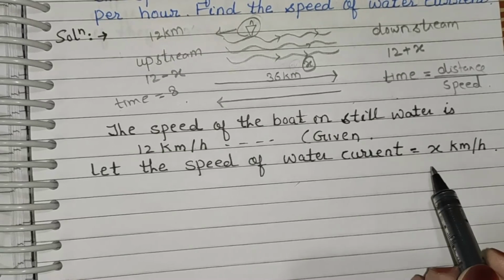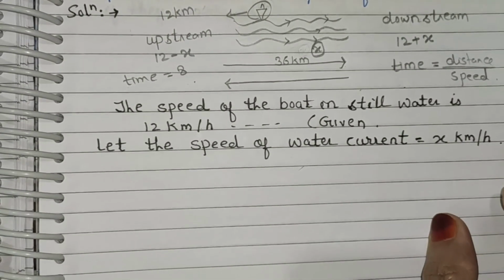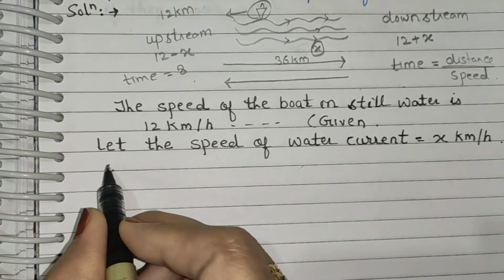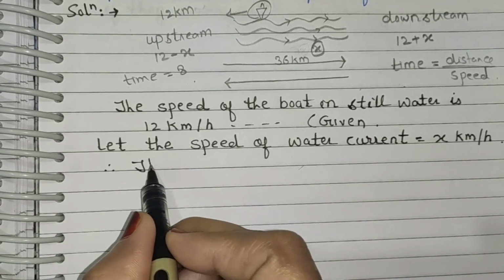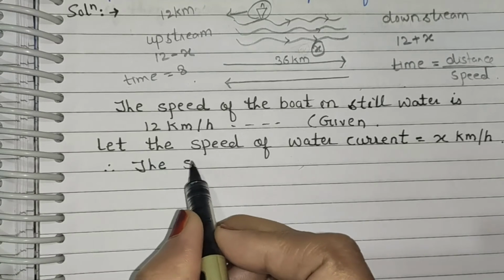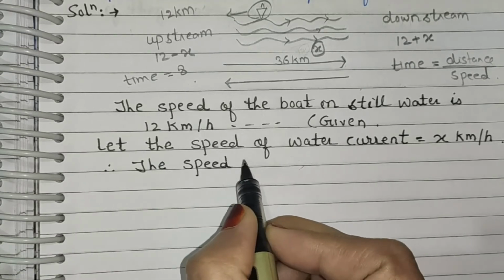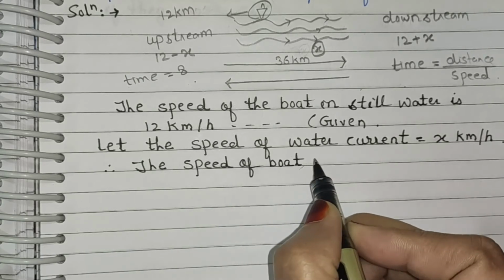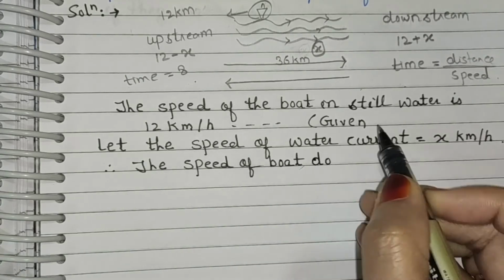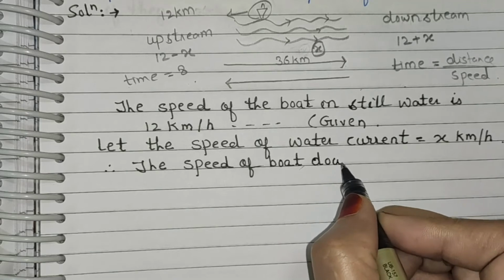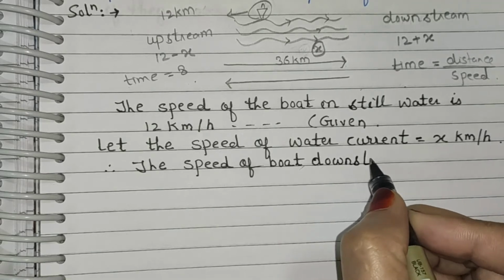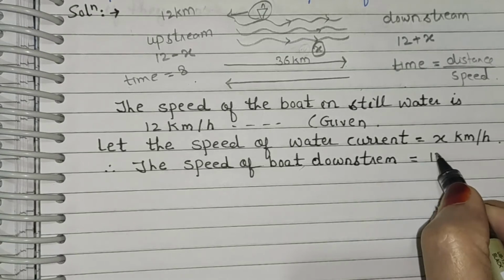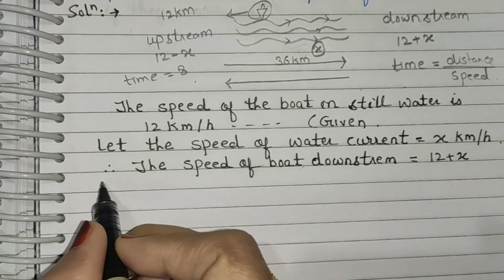Here x is less than 12. Therefore, the speed of boat downstream is (12 plus x) and